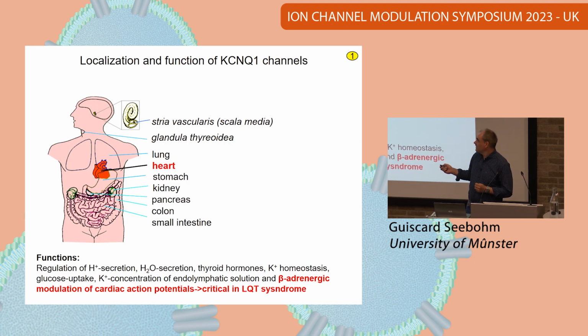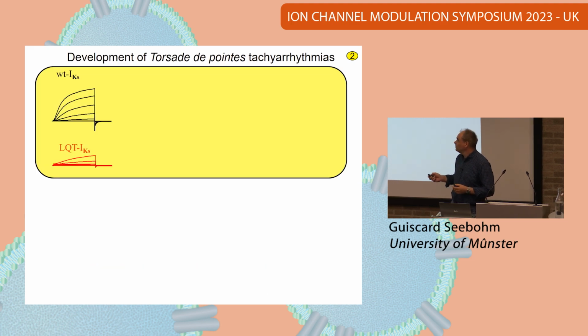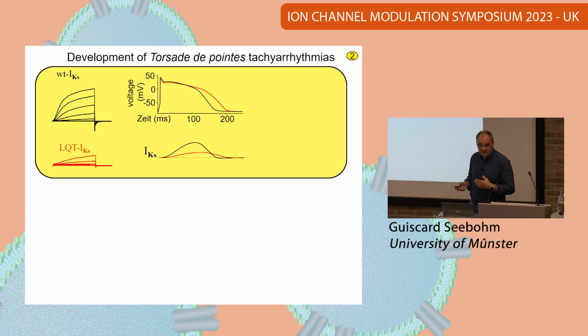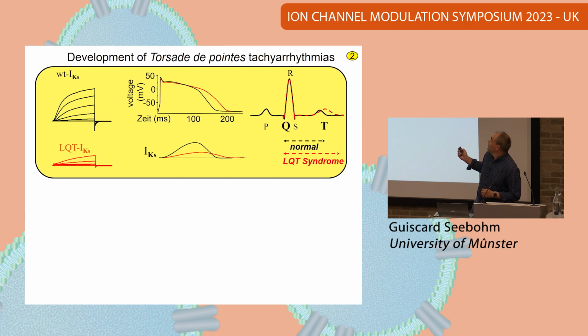And when this channel contains loss of function mutations, they can cause a long QT syndrome. So what is long QT syndrome? Just to make it very briefly. These are loss of function mutations causing a decrease in channel function. This decrease in channel function leads to a delayed repolarization of the ventricular cardiac action potential. So the current is lower during an action potential. This ventricular change, so the repolarization change, becomes obvious in the T wave of the ECG.